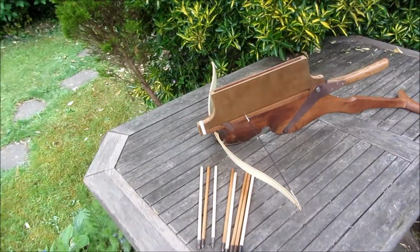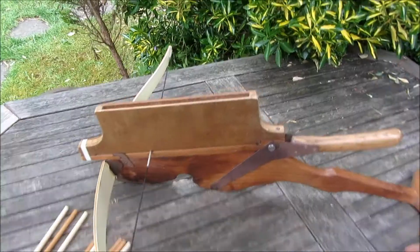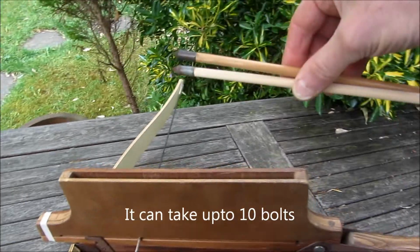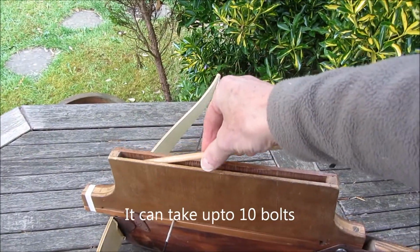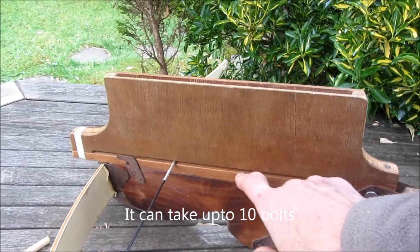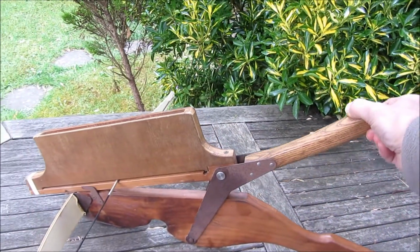I thought I'd do a bit of video about the Chinese repeating crossbow. Basically it works by loading bolts into the magazine thusly. They fall down into this slot. As the lever is pushed up and over,